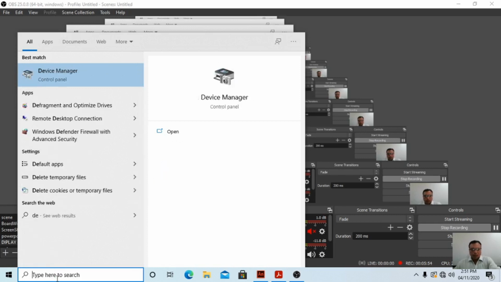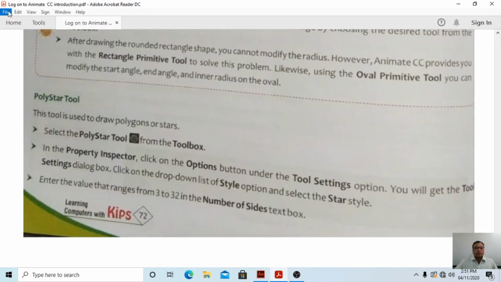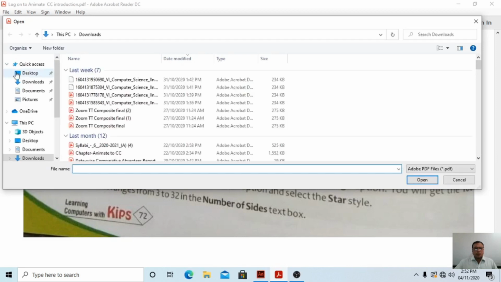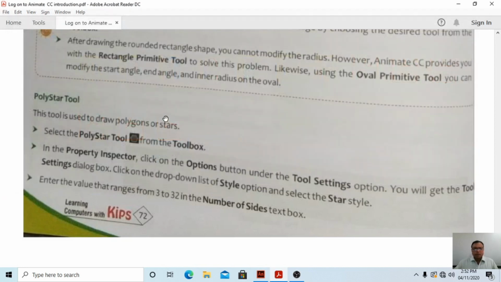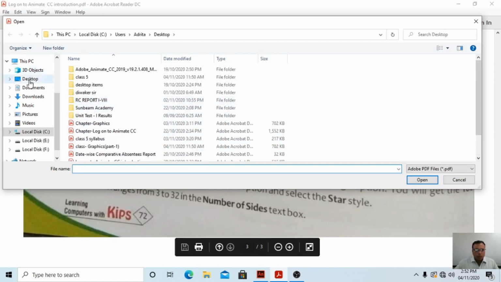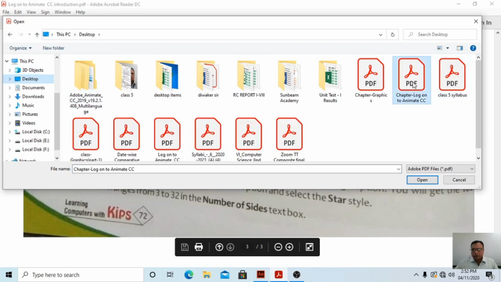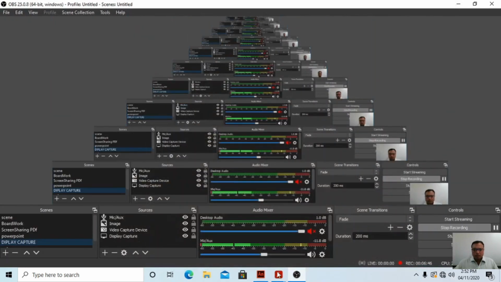Students, here we want a new file, so I am opening it.